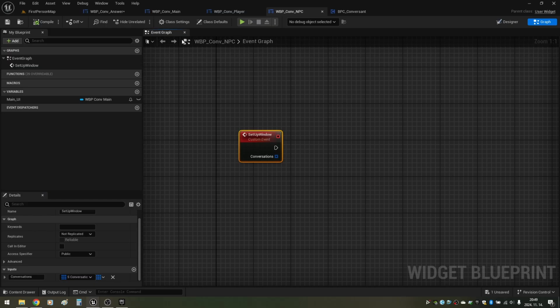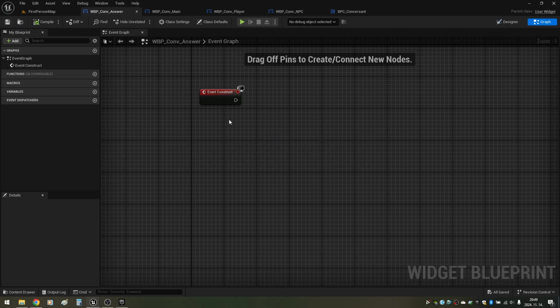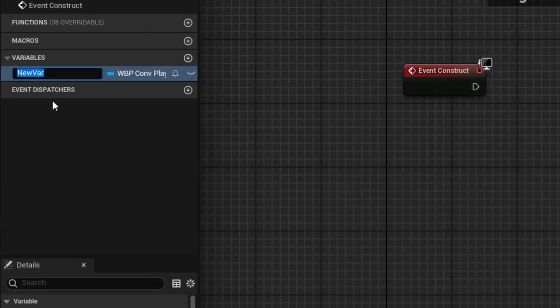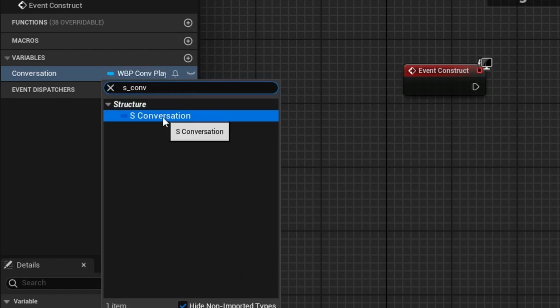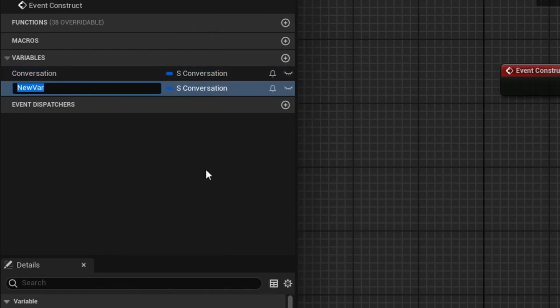Compile and save. Last but not least, open the wbp_conv_answer. Add the variable, name it conversation. Change its type to s_conversation and make sure it is a single. Add another variable, call it